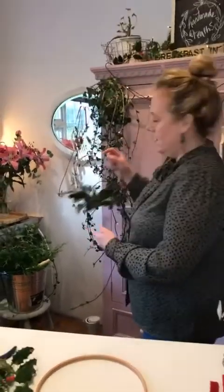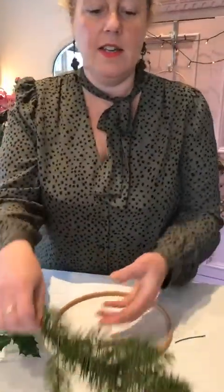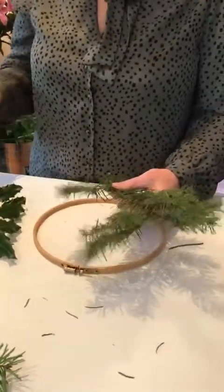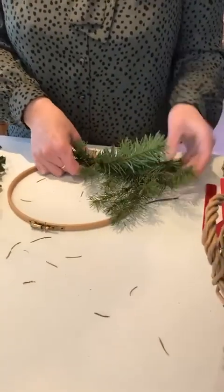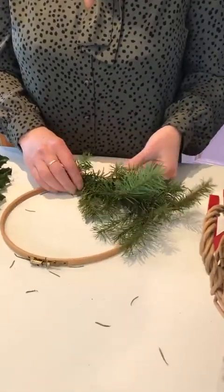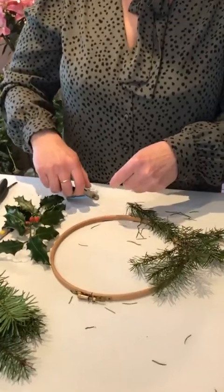Okay, so we're going to start with doing this simple little wreath. So it's just a little hoop with some greenery and a few little fir cones. And all we need is, like I said, some greenery. And what I find the best thing to do with everything in design is work in threes. So I've got 1, 2, 3 pieces of greenery, and with this wreath I'm doing one of those wreaths where the greenery is just to the side. So you lay them down like that and we're going to wire them on. Because this is quite small, I'm going to do one by one. So we want a bit of wire,